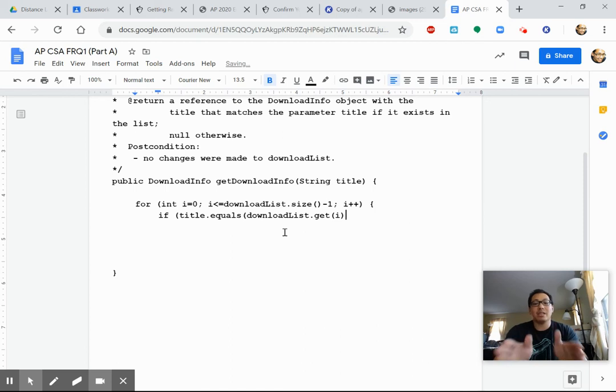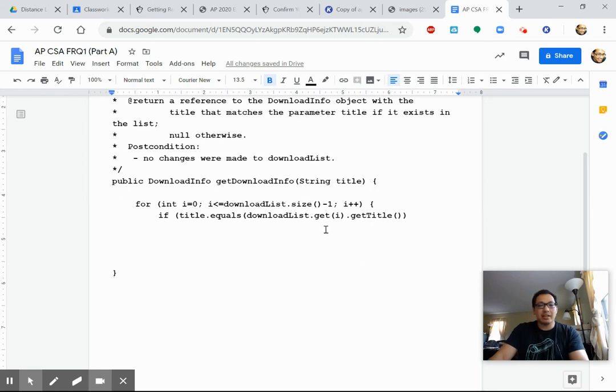That's going to give me the object at the ith position, dot getTitle. I'm going to call that download info object's getTitle, and I'm going to compare that to the title in our parameter here. So if it equals that,